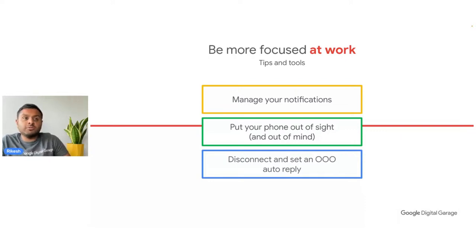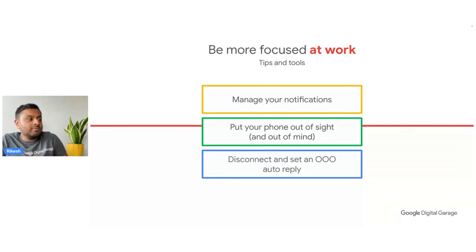So we can turn them off. And also, we can schedule your phone notifications to only come on at a particular time. So let's say you finish work at 5 p.m. That's when you start getting phone notifications coming through. Other than that, throughout the day, you won't get them, because you've set it like that in your phone as well.